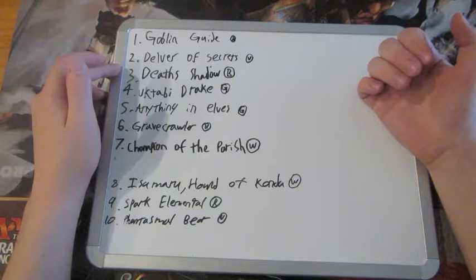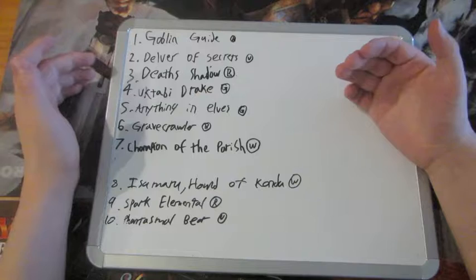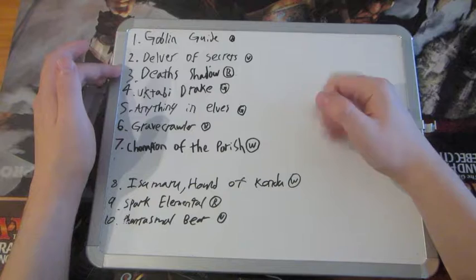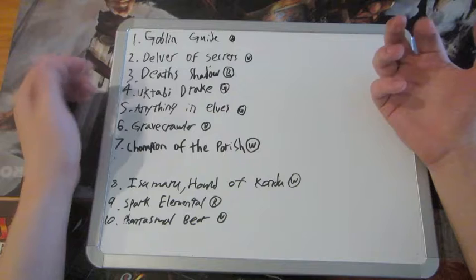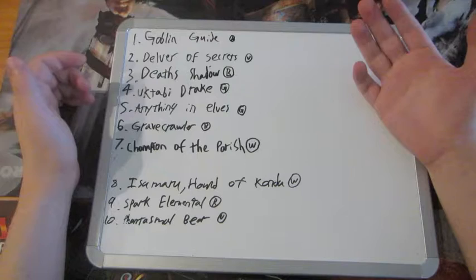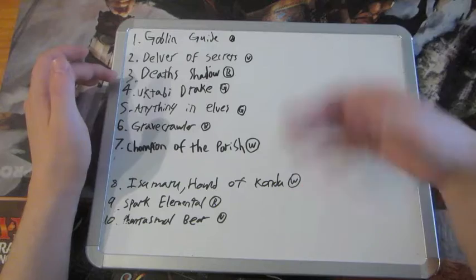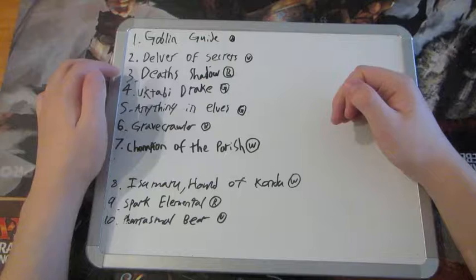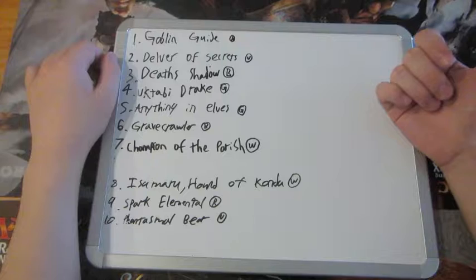At number 3, we've got another one that is very dependent on how the game is going, but it's still really good. Death Shadow relies entirely on your life total. However, in Modern, it's usually safe to assume your life total is going to get below 10 in a given game, unless you're playing something with like Courser of Kruphix and Primeval Titan where you're gaining a ton of life. But if you're playing a normal deck with fetches and shocks and stuff, playing a Death Shadow just gives you a great